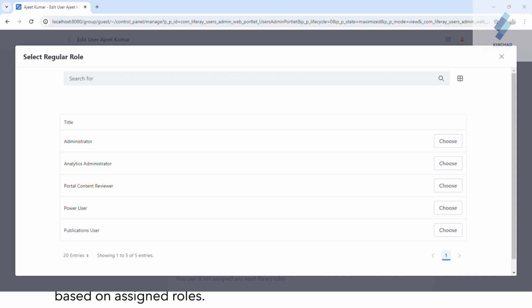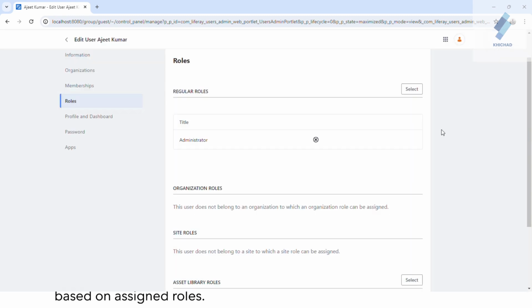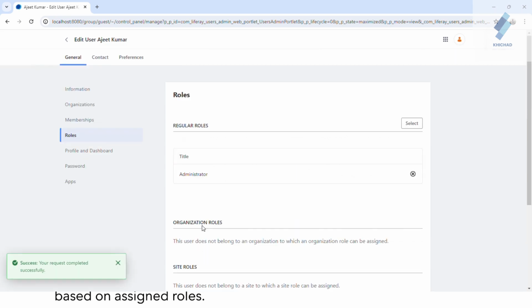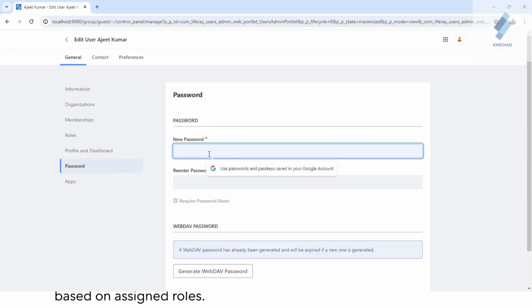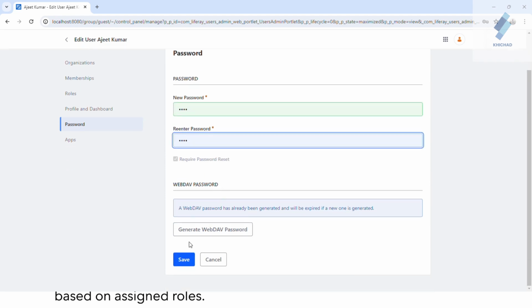I'm assigning the role of admin. So click on choose and save. After assigning the role, create a password. I just create a password, and click on save.